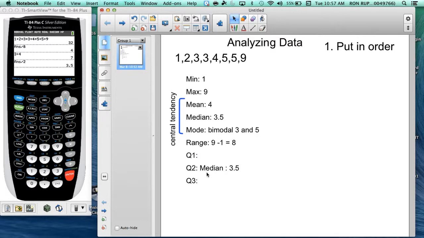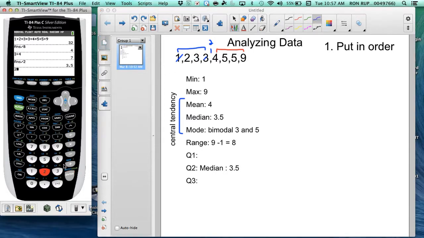To find Q1 and Q3, you look at all the numbers left. So if my median is right here, that's my Q2 at 3.5. All the numbers left represent my quartile 1. All the numbers to the right represent my quartile 3. And so I need to find the median of those parts. And so if I find the median here, 2 plus 3 is 5, and 5 divided by 2 is 2.5. So my Q1 value